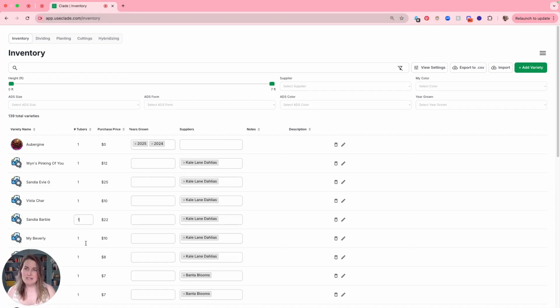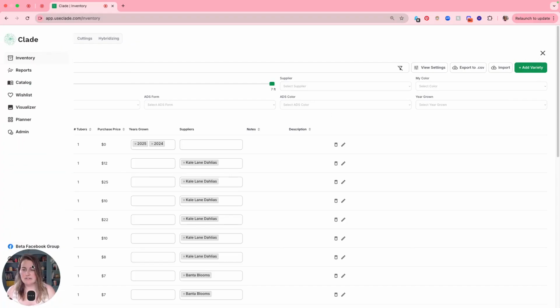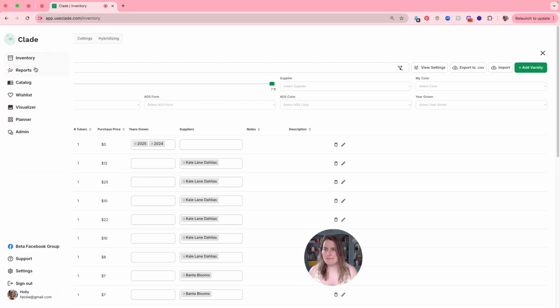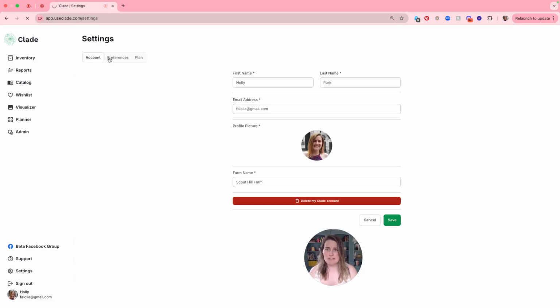The last thing that you need to know when you first use Clade is about some of the settings. So if you click this icon here, it's going to pop open the side menu. Later, we'll learn a lot more about reporting, the catalog, all of these pieces. But you're going to want to go to Settings. And under Preferences,